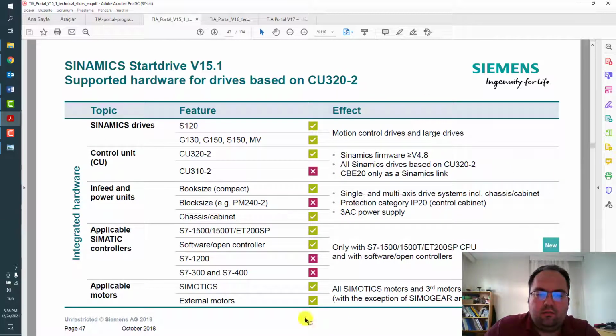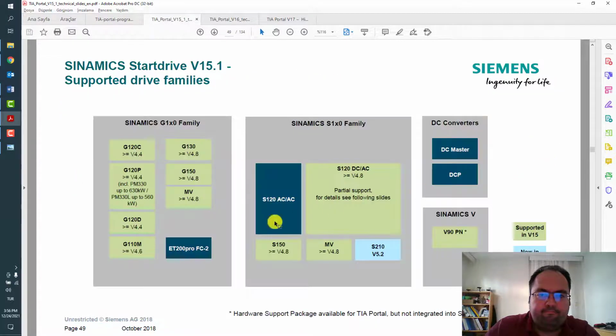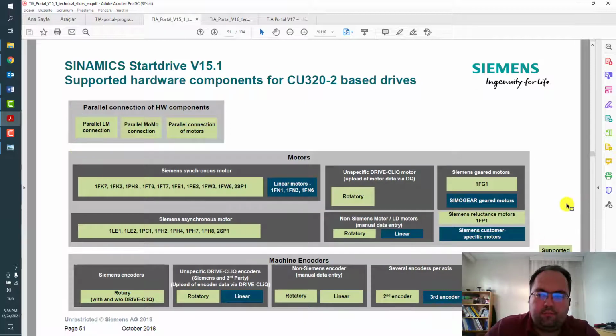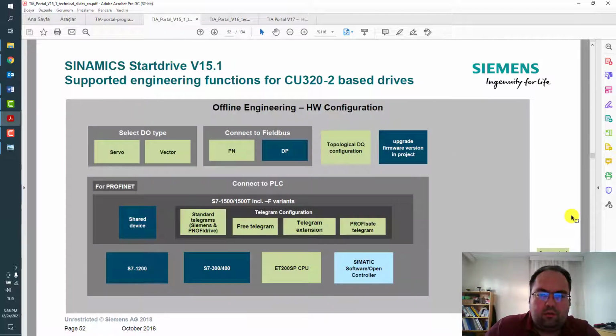So this is a detailed table view of supported hardware and drives for control units and CPUs. From this version of the product family, supported components and details you can see.